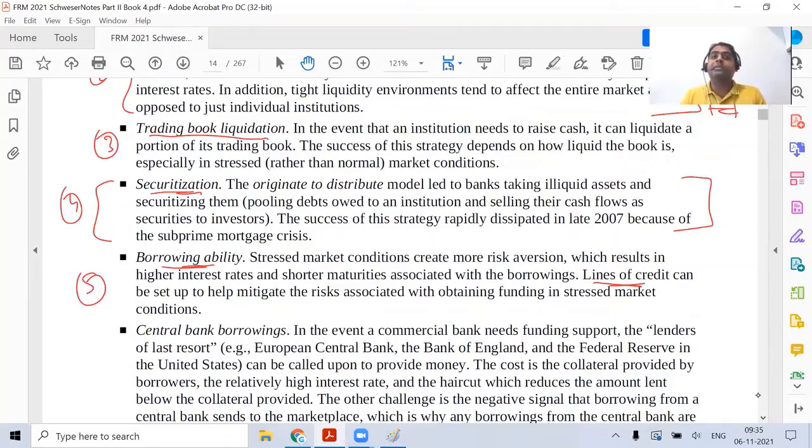Now, they've used a very specific phrase in the first line: the stressed market creates more risk aversion. What does that mean? If there is a crisis in the market, one bank might not be willing to give a loan to another bank. That is the concept of risk aversion increasing for banks during the stress period. They don't want to lose liquidity. They don't want to give liquidity to some other bank because they know the situation can get worse, and the counterparty to whom they are giving the loan might also not be able to sustain the stressed period. So that is where your borrowing ability can get hit during the stressed market period.